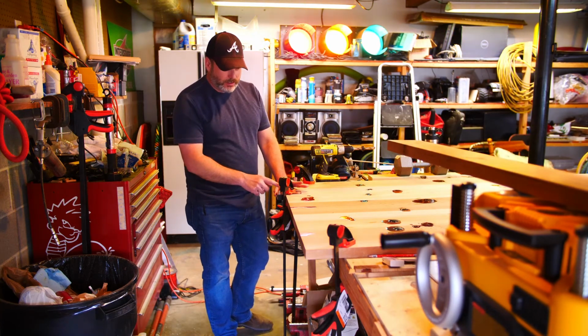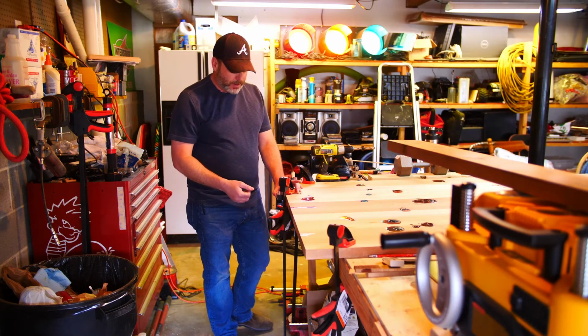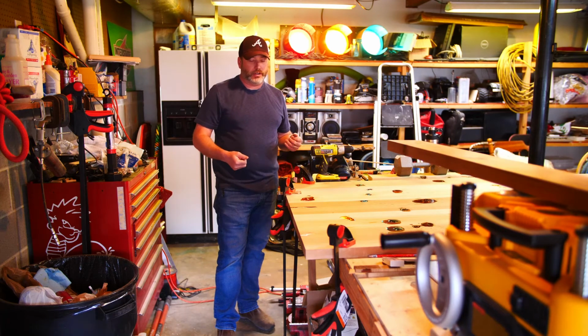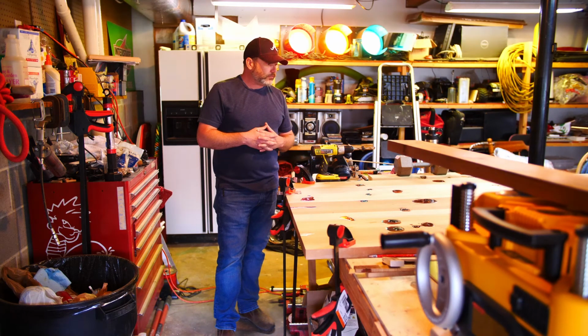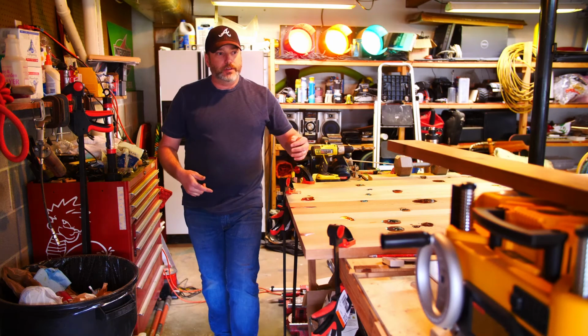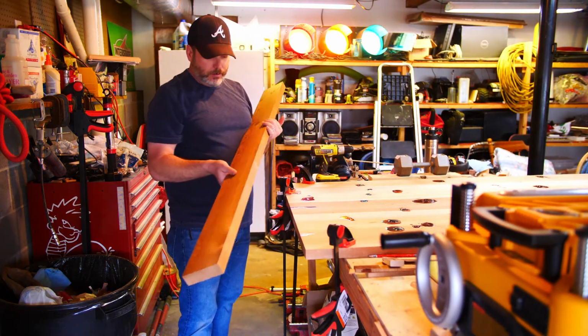and I hold it. Even clamping it will flex around on you. So you just got to go slow and be careful, and you still got to try to maintain your angle. You can't just close your eyes and pull the trigger. You've got to keep it straight. And you want it to be straight when it goes in the breadboard end too,